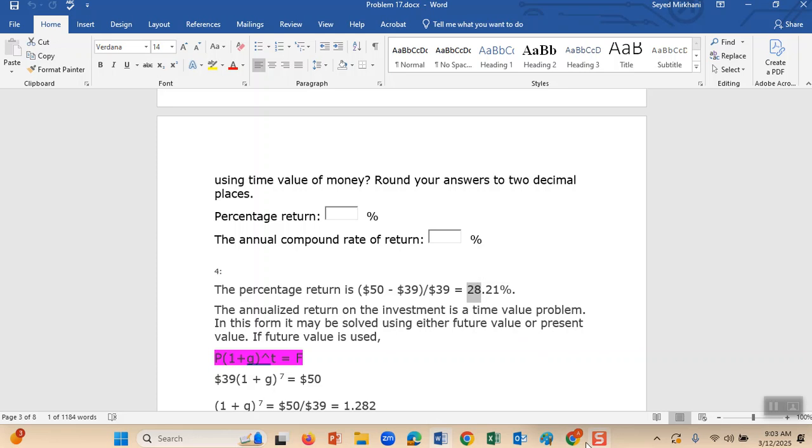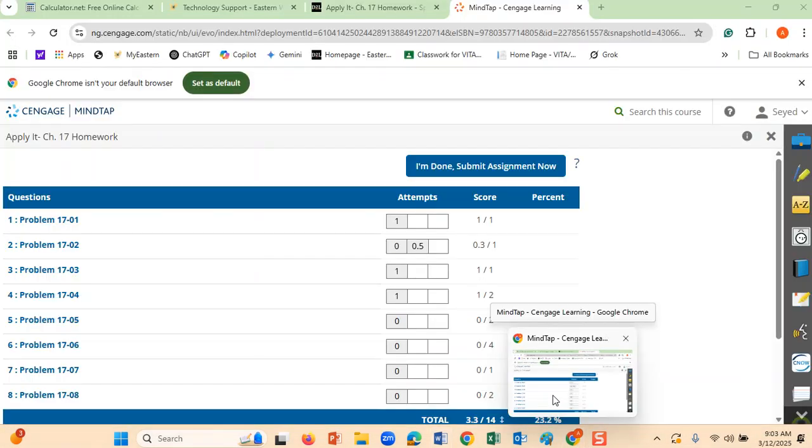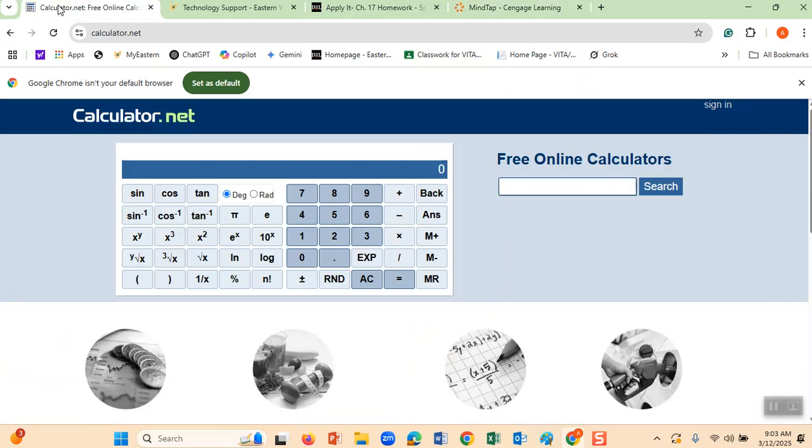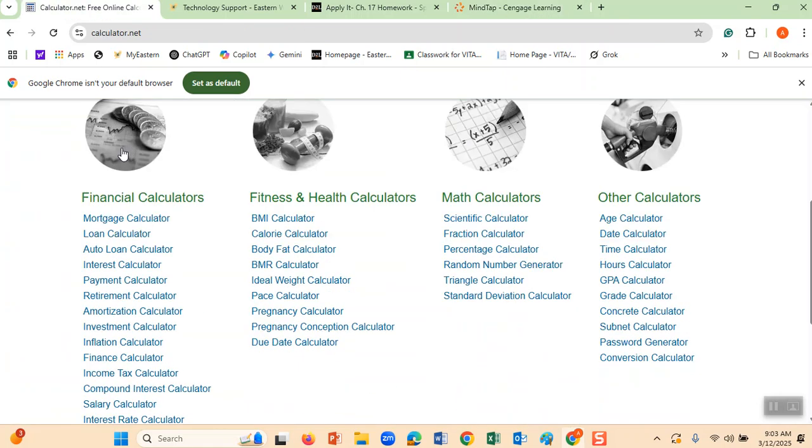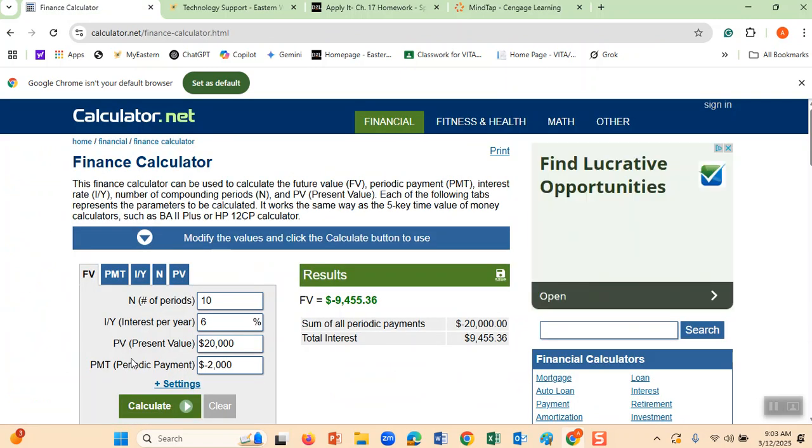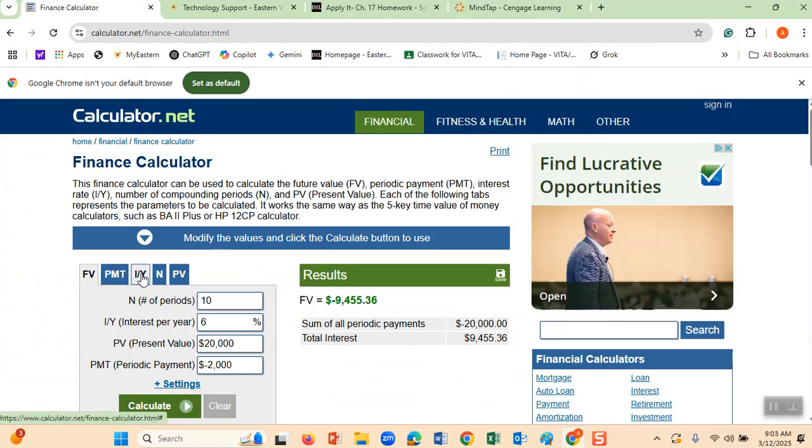One way to calculate is to go to our calculator. Here it is. This is our calculator, and we click Finance Calculator. You already did that. And it is interest I. I means interest, what interest you got, what growth rate you had. Number of periods, it was 7 years. And we said how much at today's money you put, at the beginning you put, it was $39. When you put the money